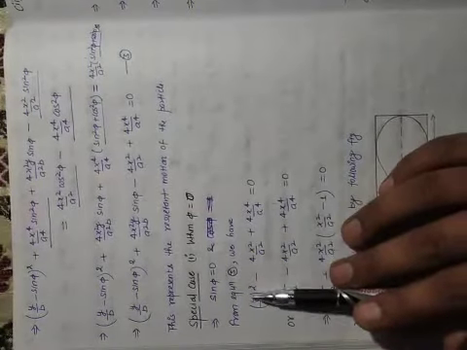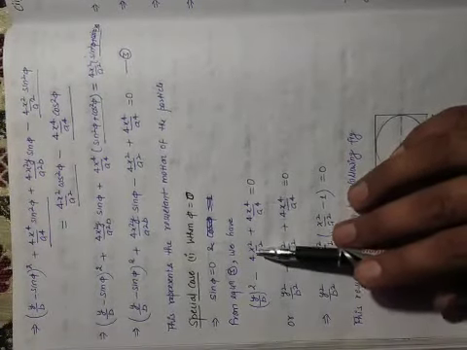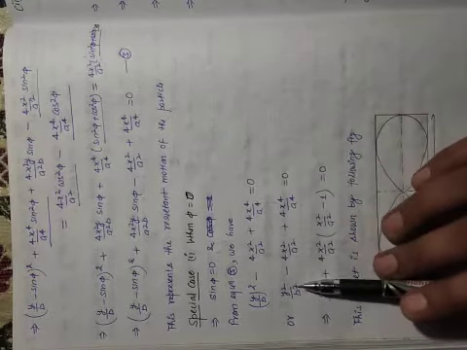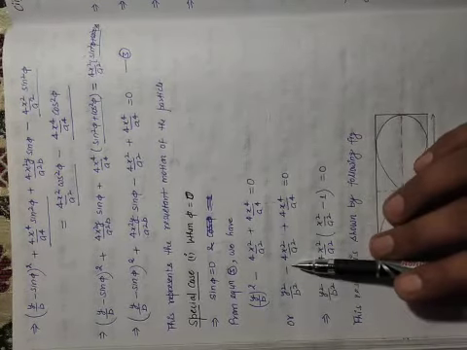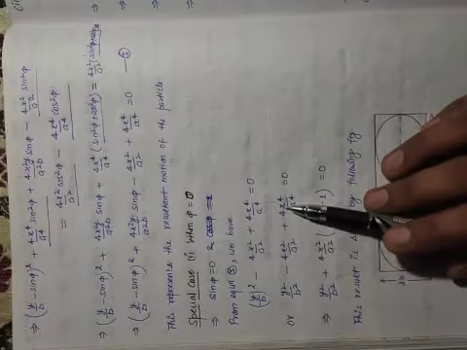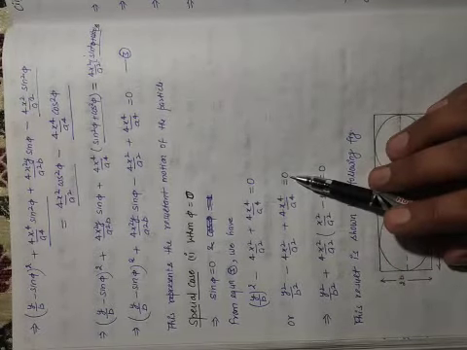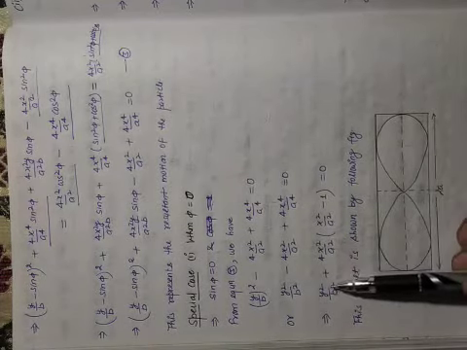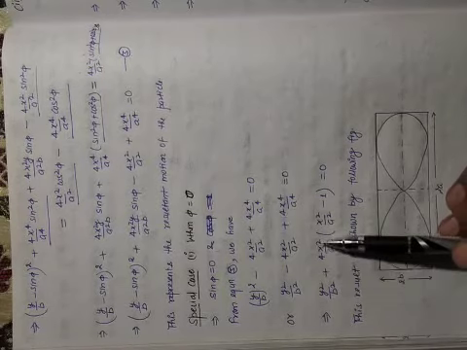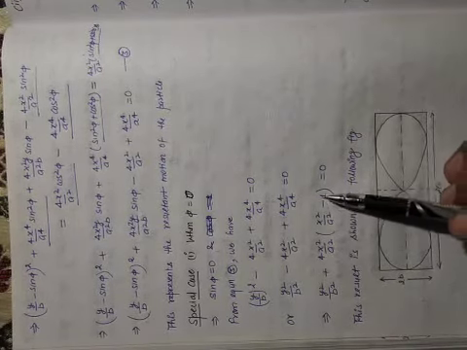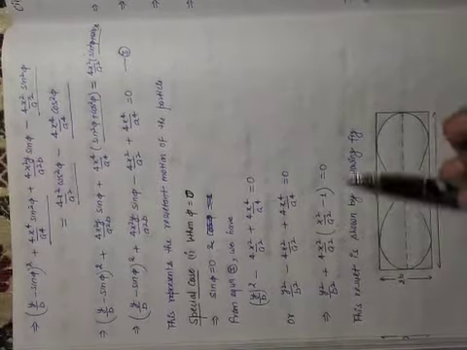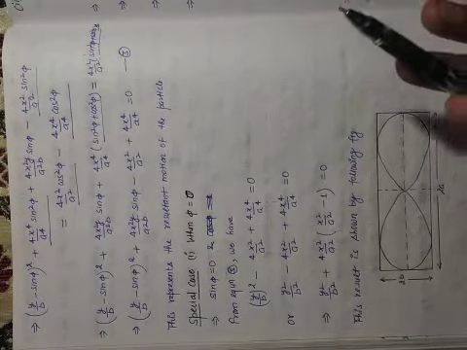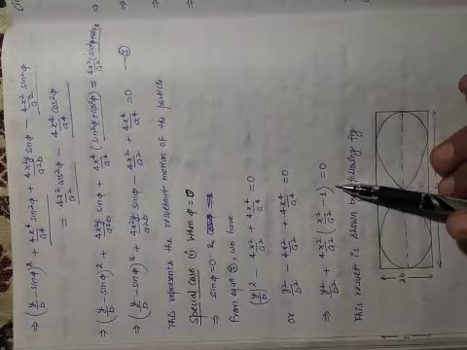So here, look at here, (y over b) whole square minus 4x square over a square minus 4x to the power 4 over a to the power 4 is equal to 0, and you can write this equation as y square over b square minus 4x square over a square plus 4x to the power 4 over a to the power 4 is equal to 0, or you can write it in this way, that is y square over b square plus 4x square over a square into (x square over a square minus 1) is equal to 0. This is the resultant equation of the particle, or this is the resultant path of the particle,